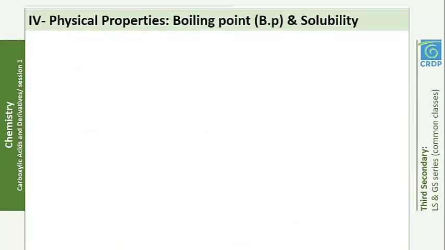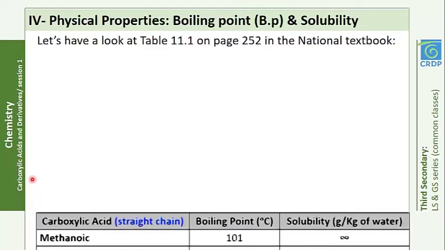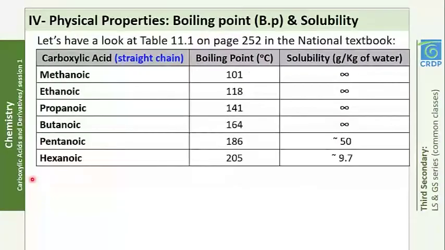Title number 4, Physical Properties of Carboxylic Acids. Let us together have a look at table 11.1 on page 252 in your national textbook. You are given the boiling points and the solubilities of some carboxylic acids which are straight chain. Question number 1. Referring to the boiling points given,